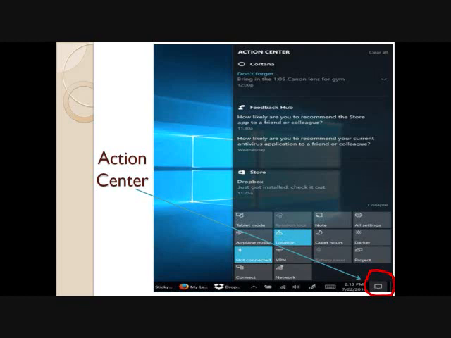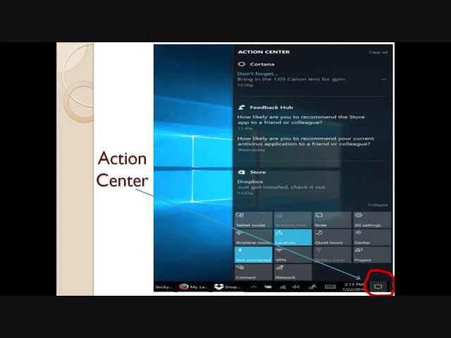Like that, in Action Center also, it gives you messages or maintenance messages or alerts or notifications. With that, there are some extra settings you can use in the Action Center: tablet mode setting, network, note, all settings, location, quiet hours, VPN, project, connect. This is what is about the Action Center.